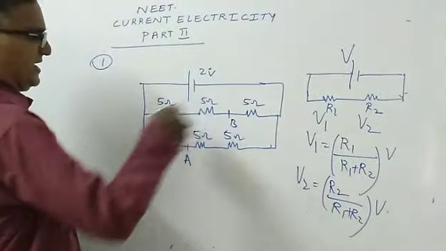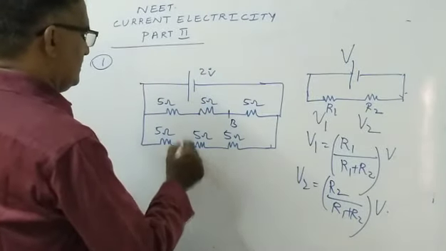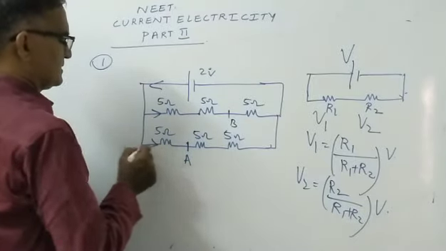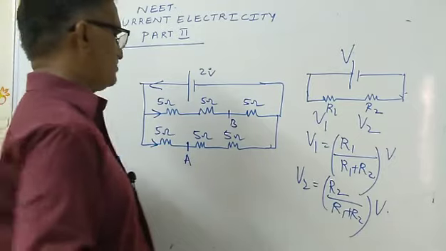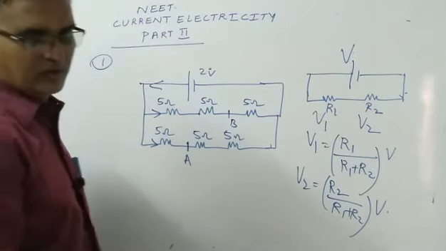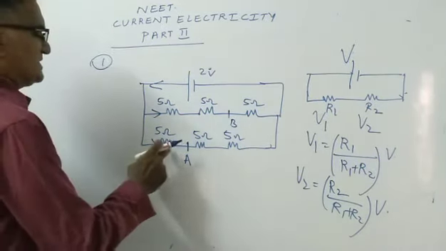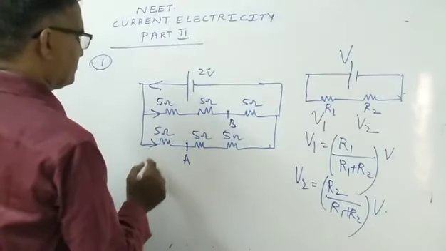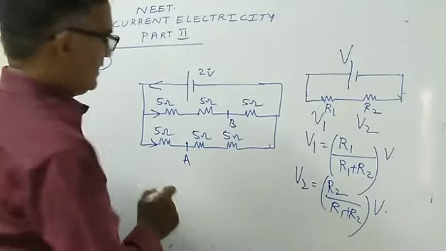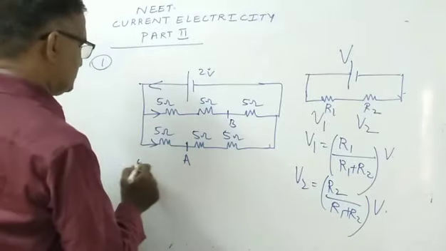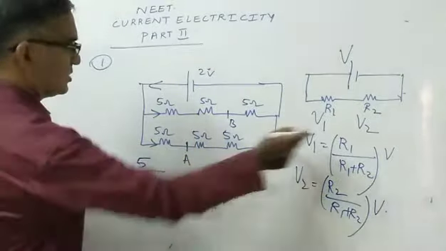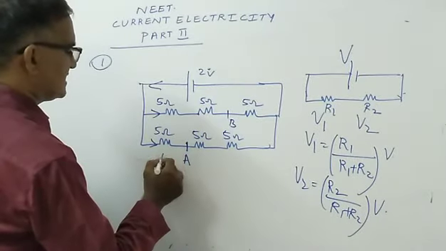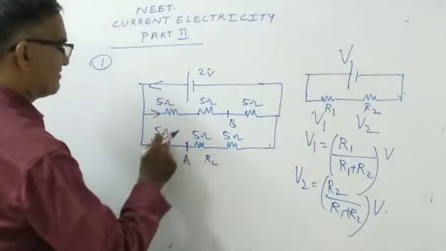Now this technique I will apply here in this case. Now here the current will be going like this. You have to use Kirchhoff laws in this shortcut. If you use it, you get the answer very easily. Okay. Now here, what is the potential difference for this 5 ohm? Here 5 ohm is R1, total resistance is R1 plus R2. If you take this as R1 and this as R2, right? R1 by R1 plus R2.